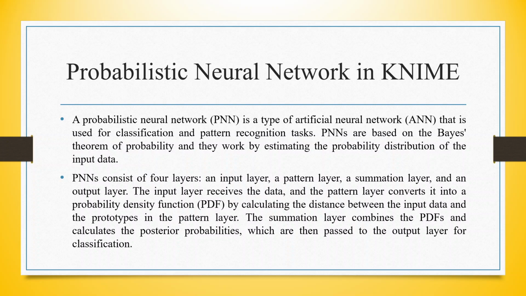the input data. PNN consists of four layers: an input layer, a pattern layer, a summation layer, and the output layer. The input layer receives the data and the pattern layer converts it into the probability density function by calculating the distance between the input data and the prototypes in the pattern layer. The summation layer combines the PDFs and it calculates the posterior probabilities which are then passed to the output layer